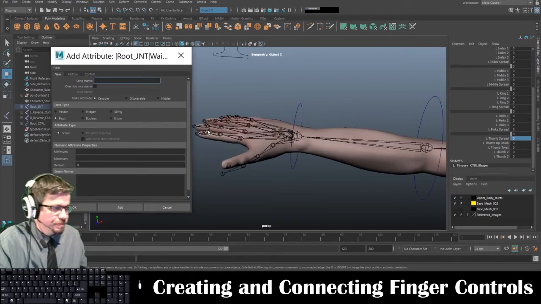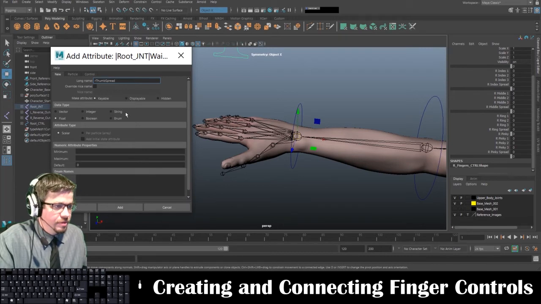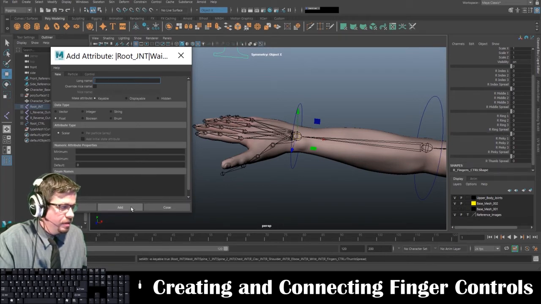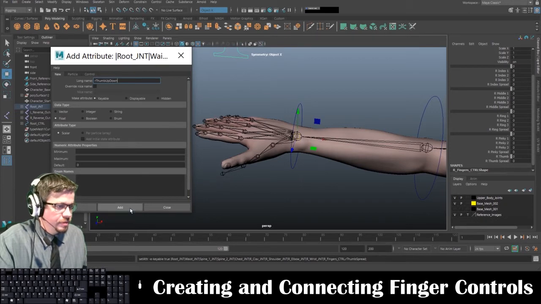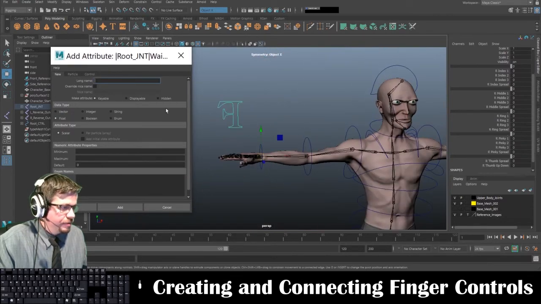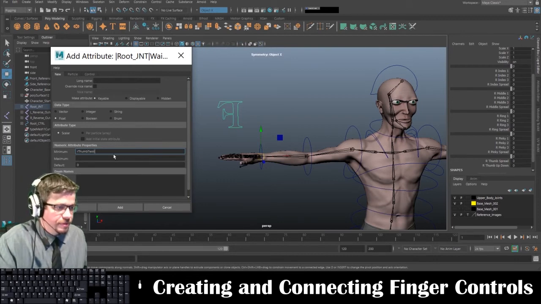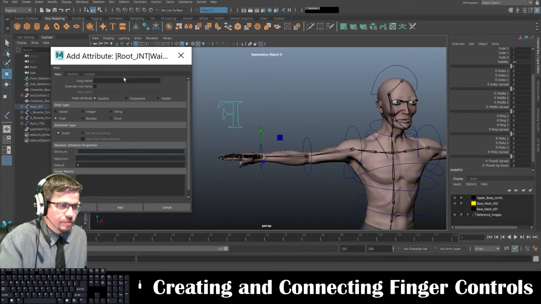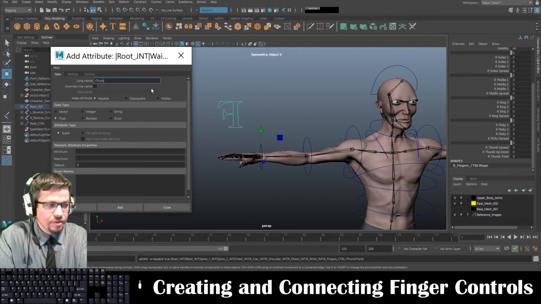So R thumb spread add, R thumb up down add, spread, up, down, twist, R thumb twist add, and then R thumb 2